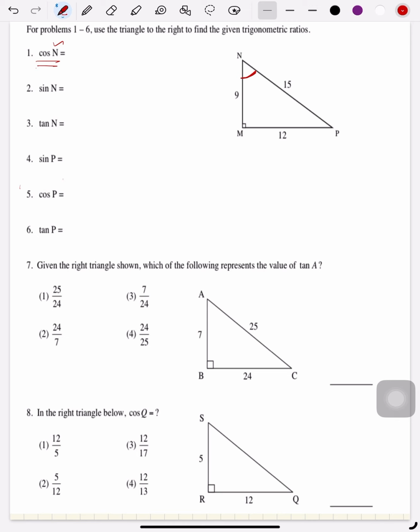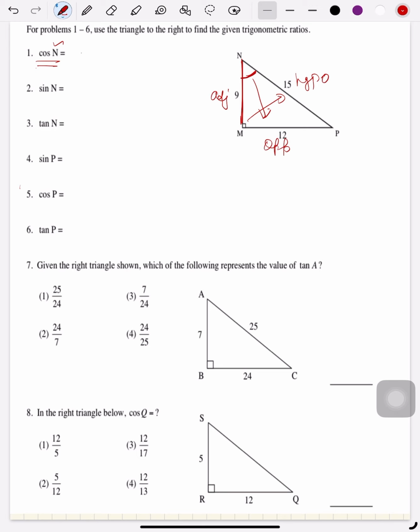So the side which is opposite to this angle is called opposite. So this side is the opposite right now, and the side which is adjacent to that angle is called adjacent. So this is my adjacent. The side which is opposite to 90 degrees is the hypotenuse. We mark our opposite, adjacent and hypotenuse.